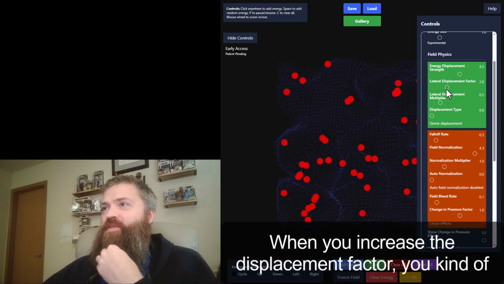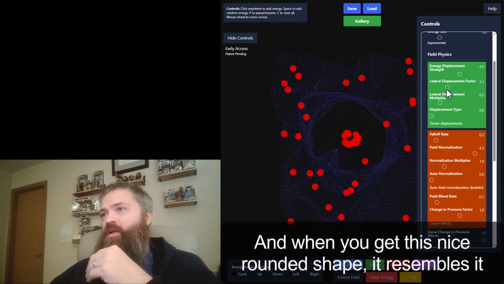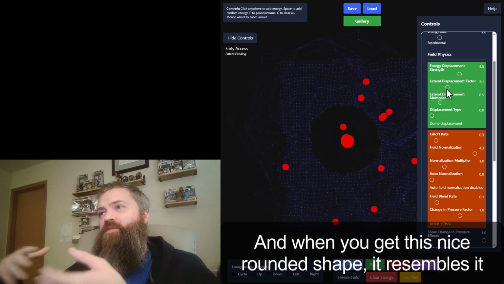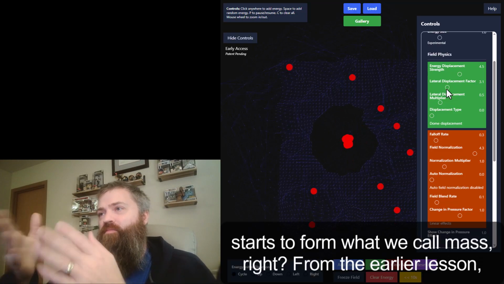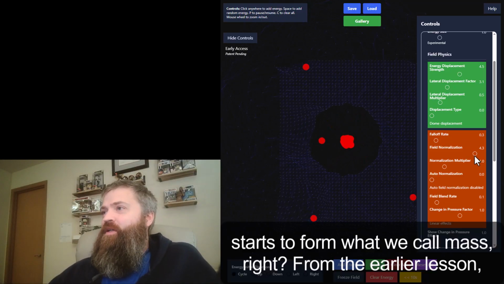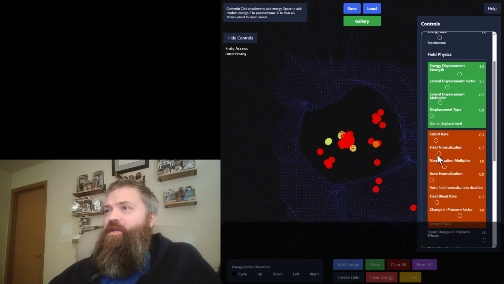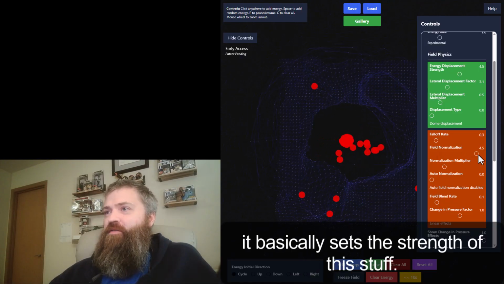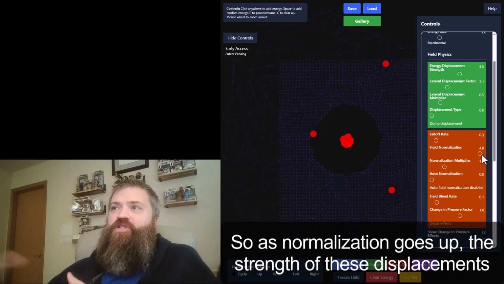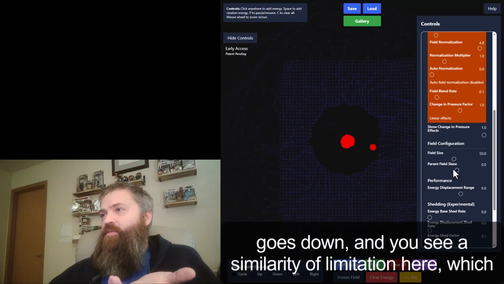When you increase the displacement factor, you make it a little more rounded. And when you get this nice rounded shape, it starts to form what we call mass, right? From the earlier lesson. And depending on the field normalization, it basically sets the strength of this stuff. So as the normalization goes up, the strength of these displacements goes down, and you see a simulator limitation here,